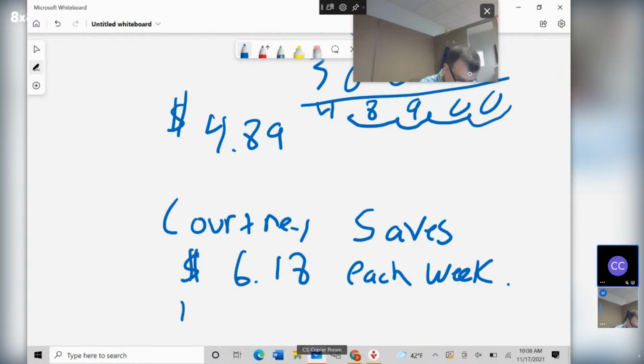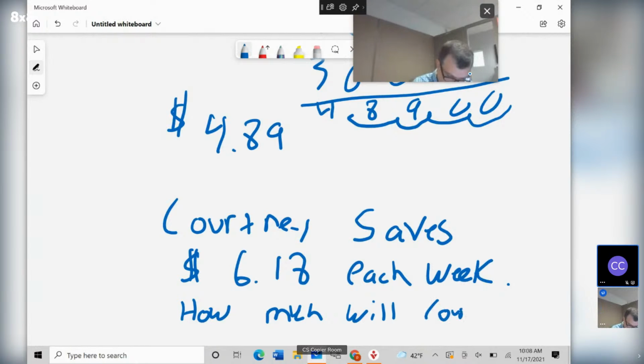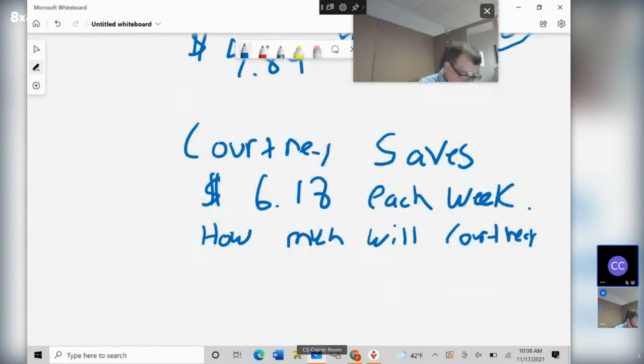How much will she save after 14 weeks? How much will Courtney have saved after